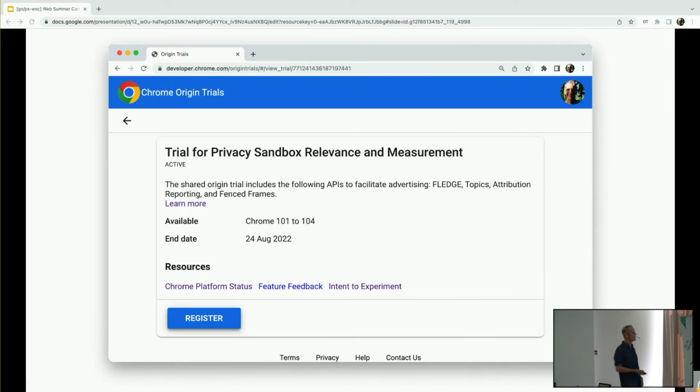And then we get a registration page like this. This is the one for the Privacy Sandbox trials. You register, you immediately get your token from that page, and then you can put that token on your pages, in a meta tag or with a header or with JavaScript, whatever makes sense for you.